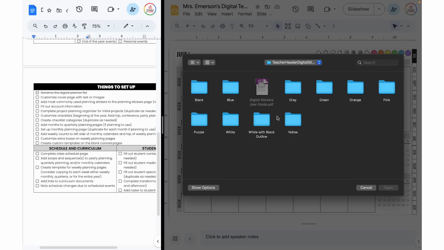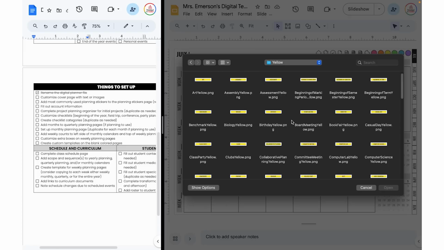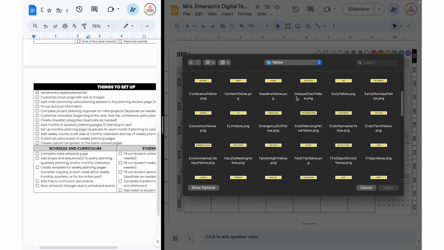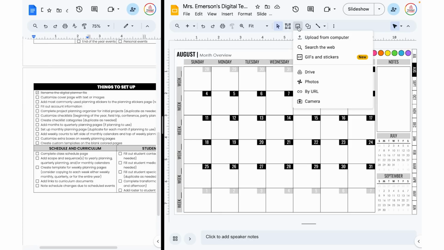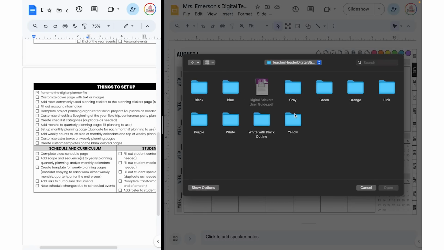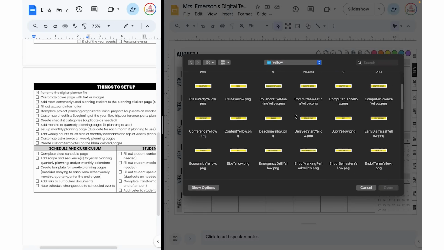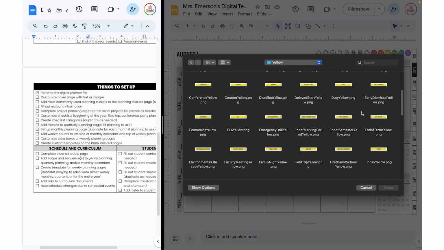So the first thing I need to do is decide what colors I want to attribute to different things. I think I want district dates just to be in yellow. Yellow feels right. Okay, so let's go ahead and do, I'm looking at my calendar. I should be starting this in August, not July. So let's go to August first. Okay. Just gonna jump down. I'm using my arrow keys, but you can use the links, it doesn't matter. Okay, I'm going to be doing, let's do first day of school. So first day of school,